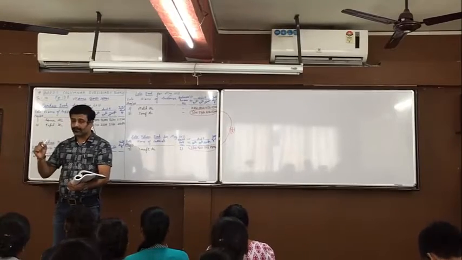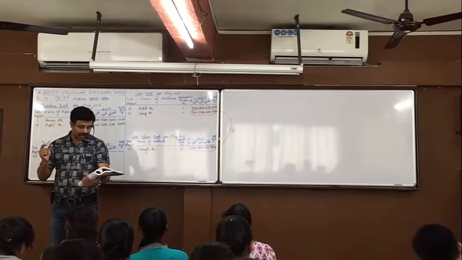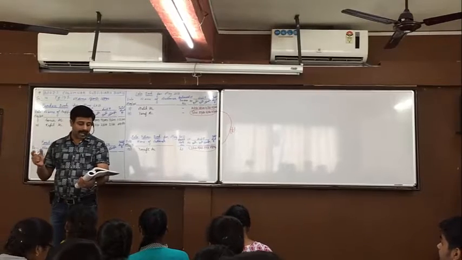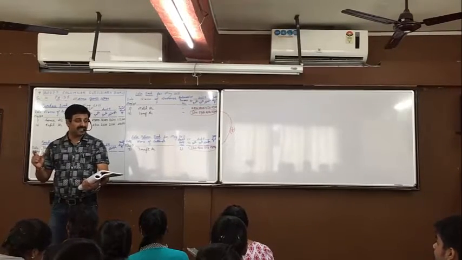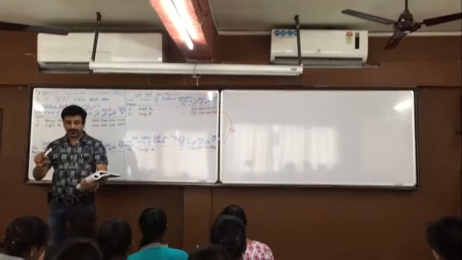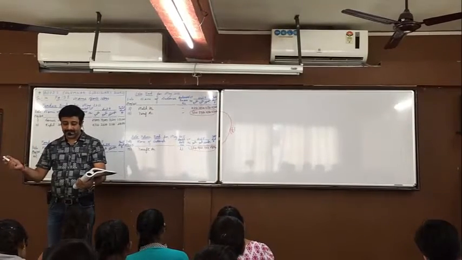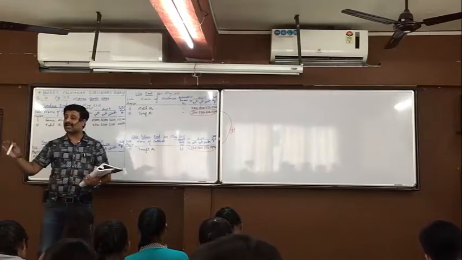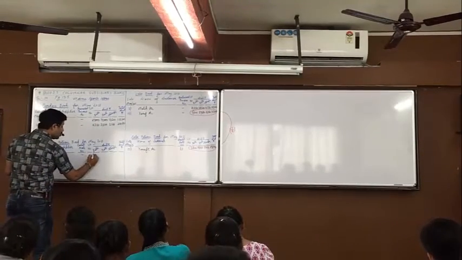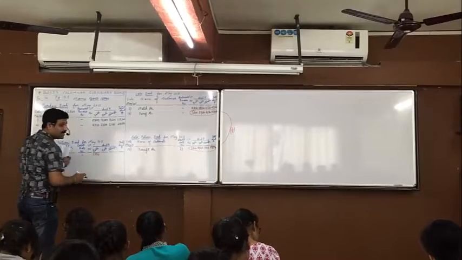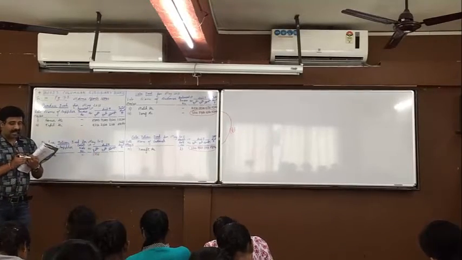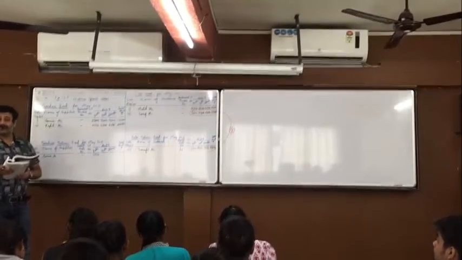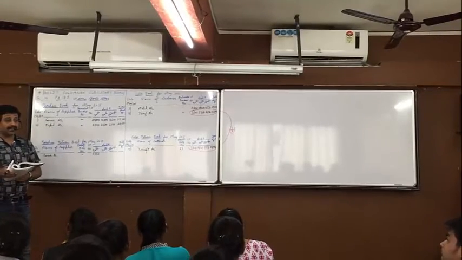I repeat it once again. Listen carefully to what I am saying. Date 20, do you find 10 balls are returned? Date 1, do you find the price is 150? So do 10 into 150. And again date 1 there is 10% trade discount, so minus 10%. Do you all get 1,350? Any confusion in this? Raise your hand who did not understand the amount of 1,350. All have understood that?